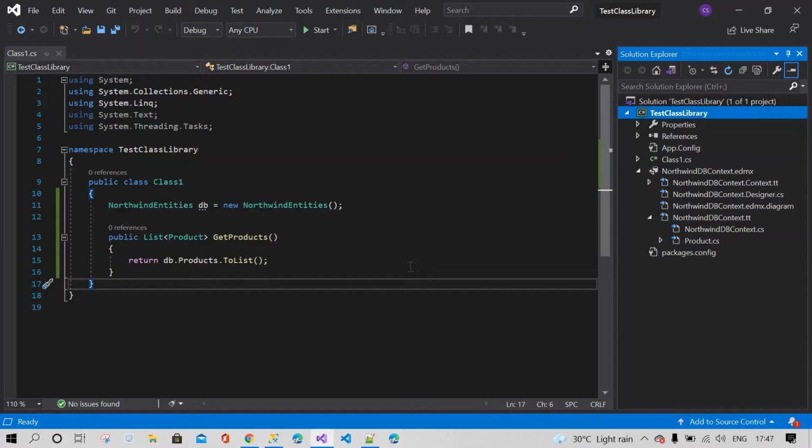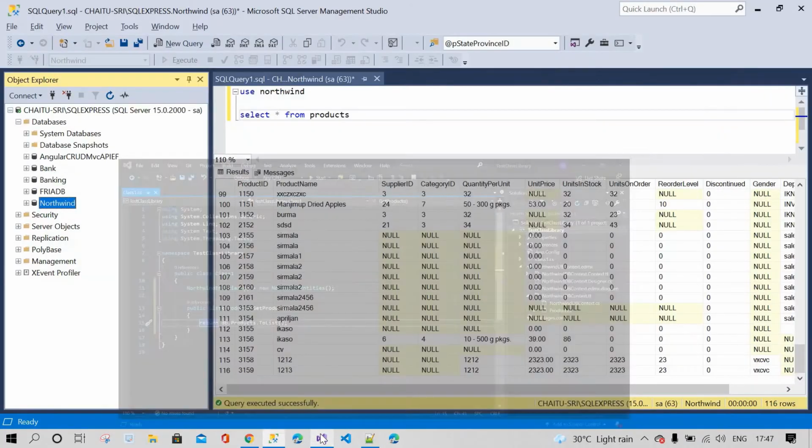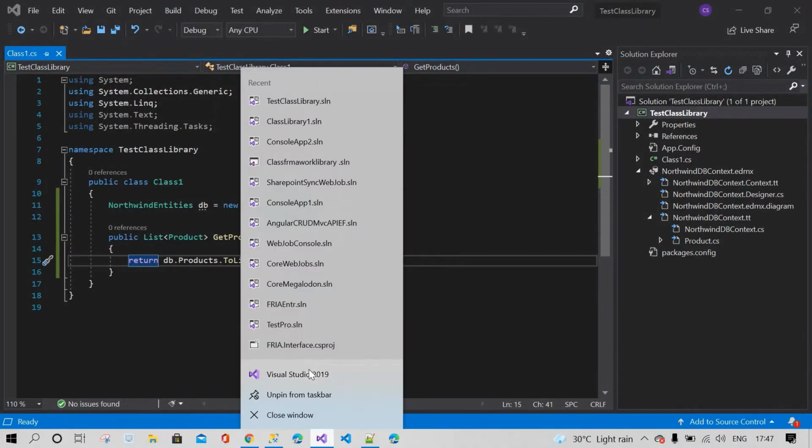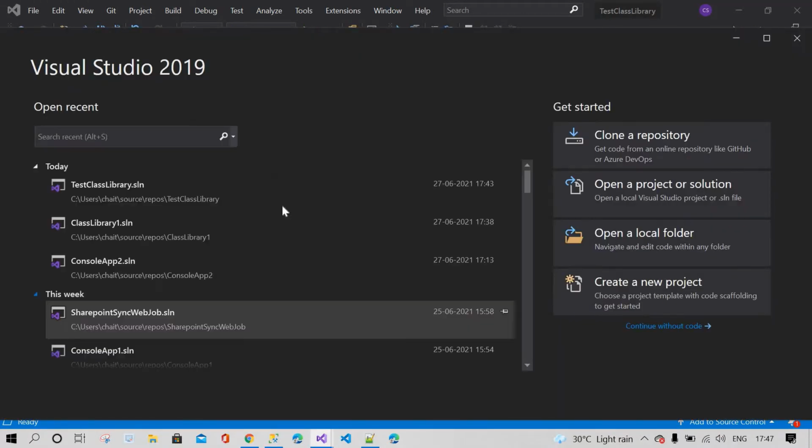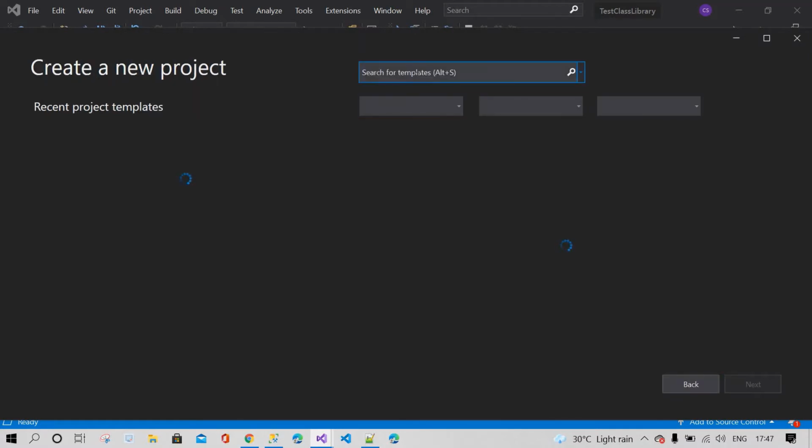The next task is how to consume this DLL in a console application. Now I'm going to create a console application for you.